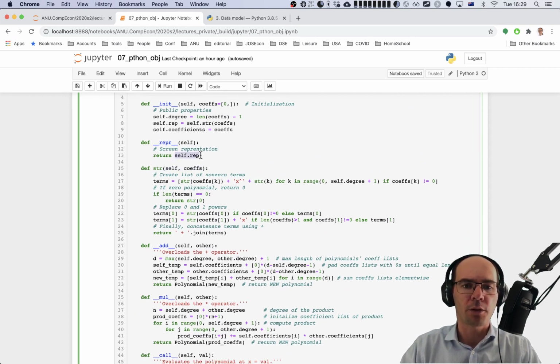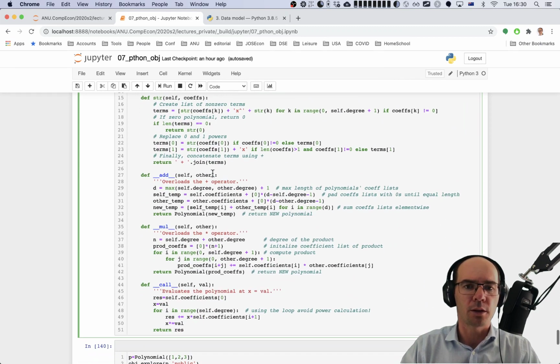See here in line 13, it returns the string representation, which is already saved as the property of the class, but it is created over here at the initialization by the method called string. Let's first look at this code here. So what happens here is that first we use list comprehension. Remember that from video number 4 or 5. Where we are building the list